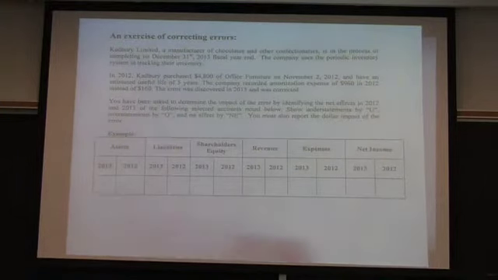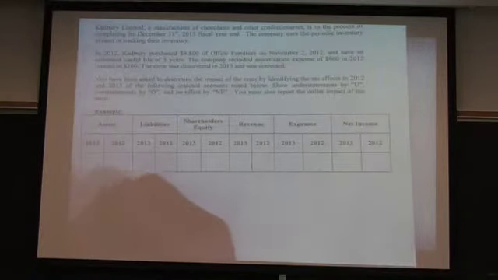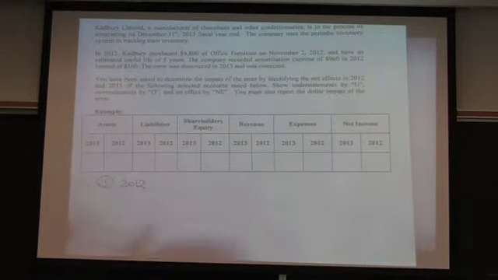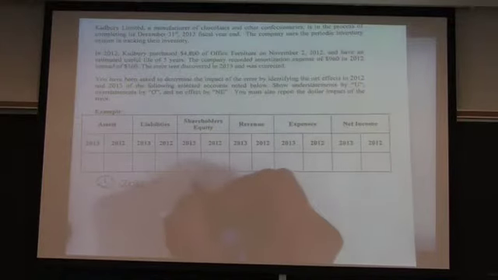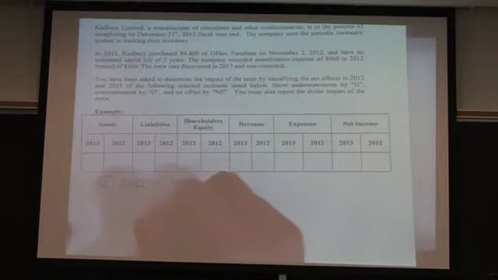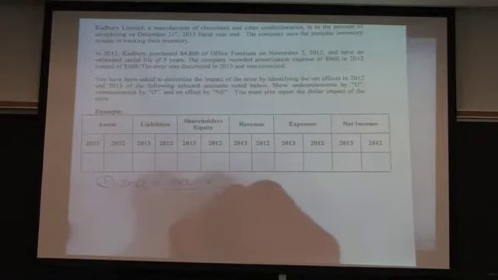What we're asked to do is to complete this chart, and what this chart will show us is the impact of this error in 2 years, 2012 and 2013. So the first thing I would do is first of all calculate the amortization. So for 2012, the year of purchase, the amortization expense should have been $4,800 less zero residual value divided by 5 years to give us